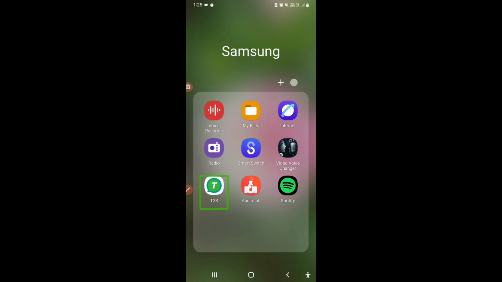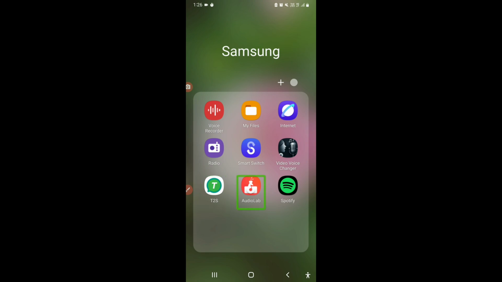So we are here in our phones and I'm simply going to open Audiolab over here. This app is a very good and accessible audio editor. Some parts of it are inaccessible, but for the most part it is very accessible and a very good audio as well as a very good video editor. So for that you can also check out my playlist on Audiolab, though those videos are a bit old, so you might find that Audiolab's interface might have changed from the time that I've recorded those videos, but the interface is still pretty simple to navigate.